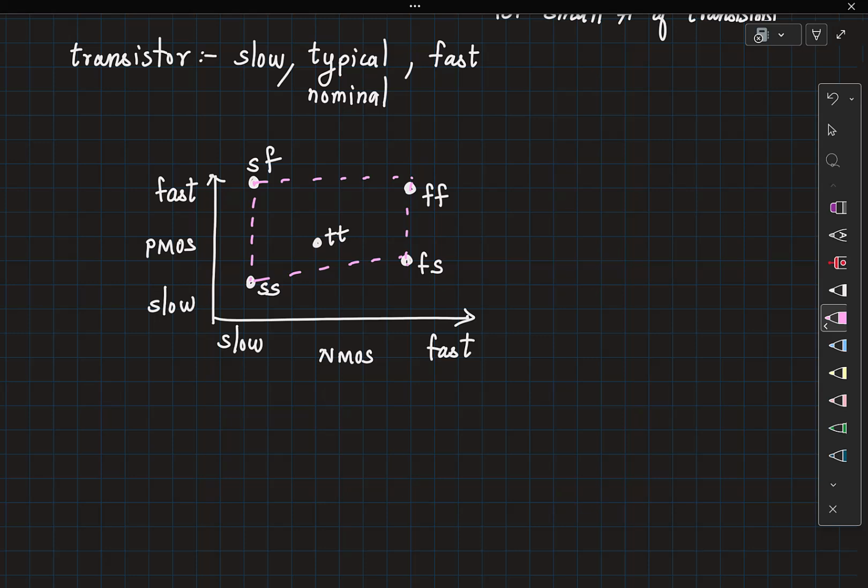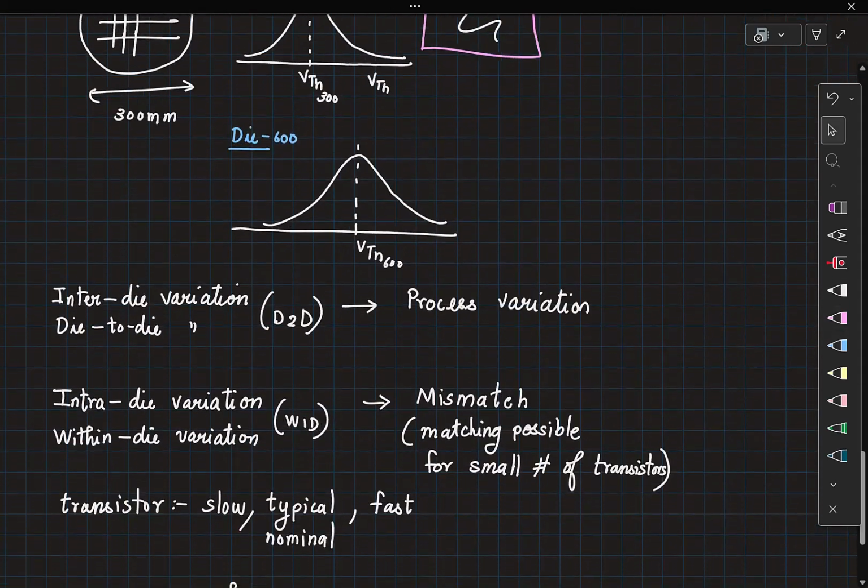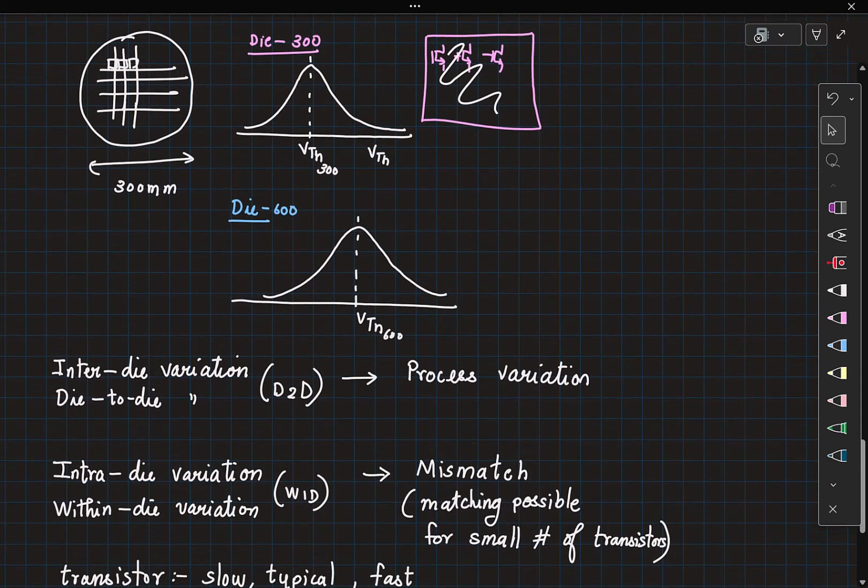Now, we cannot design like this. Can you imagine if we were to design an amplifier, for example? We do not have control over what corner it is going to come at. But we at least should be able to make sure our design works even in the presence of this variation. So from the foundry, you get multiple files for the devices, which capture all this Gaussian behavior. The current behavior and all the transistor properties are well characterized and put in a model file. Even the statistical variations are characterized and put in the model file. So when you run your simulations, it is possible to account for these variations.